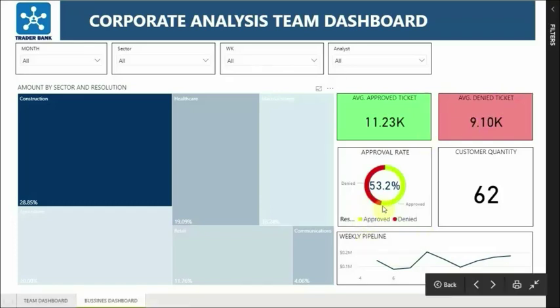The other thing that we can gather from here is that for this specific sector, the approval rate is 53%. It is conformed of 62 individual customers. And in general, we can see here that this is the volume trend that they have on a week by week basis. Now, the applications for this are not as short term as, for example, the ones in the team dashboard, but this can definitely help us to gain understanding, for example, on how different sectors will present different cases,